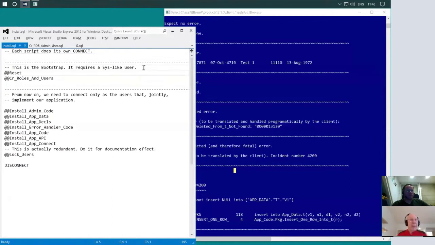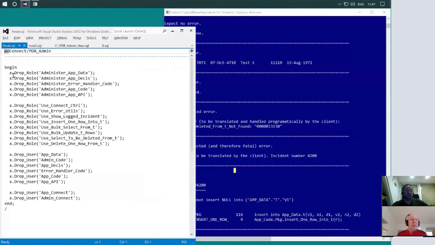The first thing I'm going to do is the bootstrap that needs, in my example here, the password to this special powerful user that I call PDB admin. First thing is reset. This is just, if you like, my convenience in the development shop for this particular development phase. You wouldn't be doing this in the production environment. All it does is, but I will show it to you,